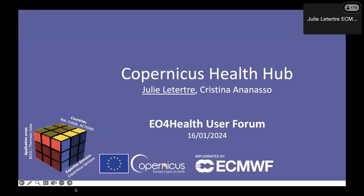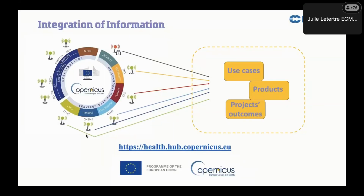So we have been mandated at ECMWF by Copernicus to collect all the Copernicus information in order to present it to the health community. In Copernicus, as most of you know, we have different components. We have the Earth observation component of infrastructure, satellite data with ESA and EUMETSAT, and the in situ data. We also have the service data and information with 6 different services: security, emergency, climate, atmosphere, marine, and land. All these different components are producing either data or advanced products that can be relevant to